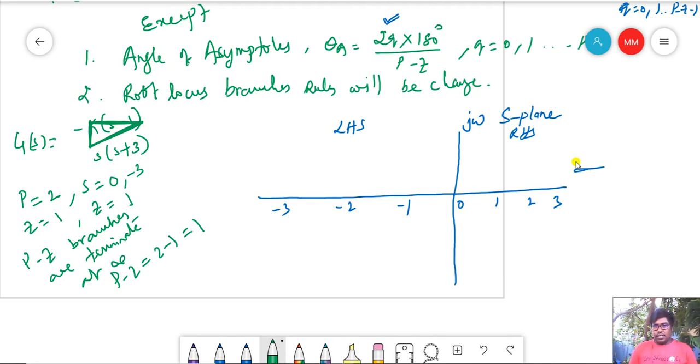Okay, so let us see here just the location of poles and zeros. At the point of 0 there is a pole, at the point of minus 3 there is a pole, and at the point of plus 1 there is a zero. Okay, now the location of poles we know already, right? Now how to find out the root loci? So we will see here both direct root locus as well as complementary root locus. Okay, so I am going with the complementary root locus first.